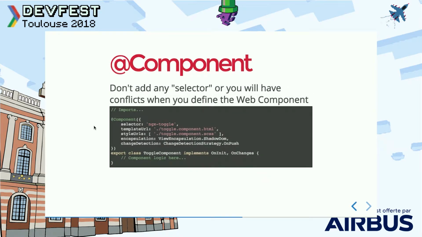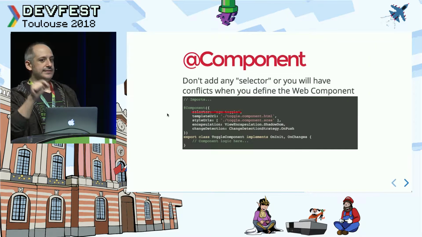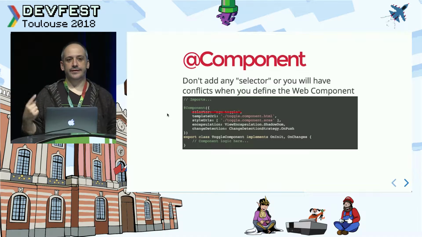And one important thing is that you don't have to add the selector, because if you define the selector, you are going to have this conflict. So Angular will create a selector ngx-toggle for you, and then you will define this component as